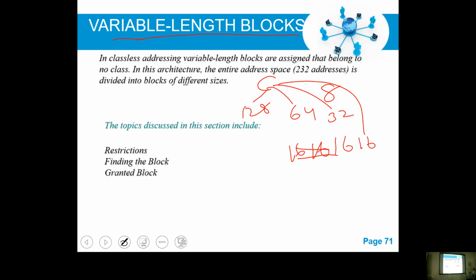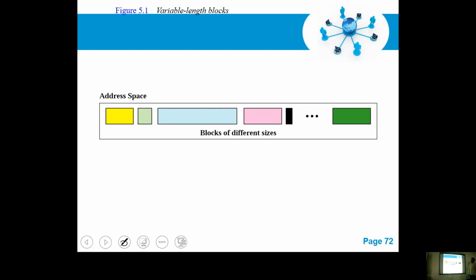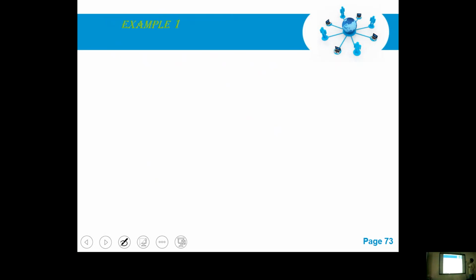Okay, then I cannot go with classful addressing subnetting in such a case, because I have variable length subnets here, right? But in the previous case, I had equal length or fixed length subnet blocks. So to go with this one, we are going with variable lengths. You can see here, I can have an address space like this, or even just 1 bit. Like that I can have variable length. So overall, when we go with this thing,